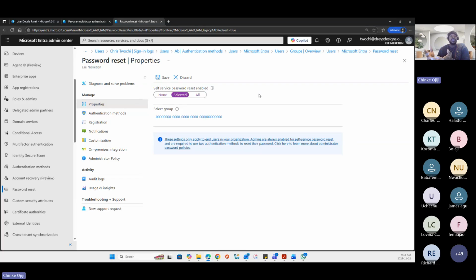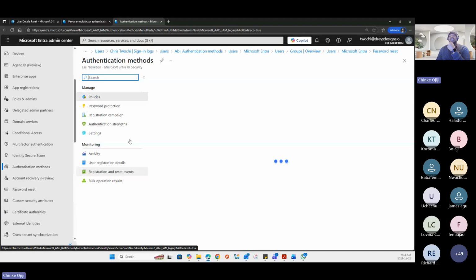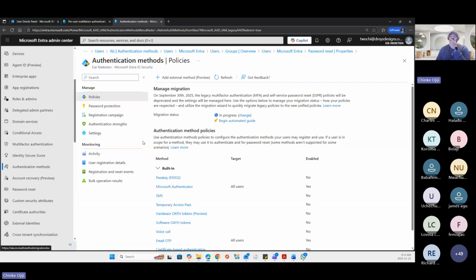That will determine if users are able to reset their passwords themselves, or they need to contact you so that your organization keeps a track of that as well. Now, also just briefly, I'll show you here the authentication methods under Entra ID allows you to set,